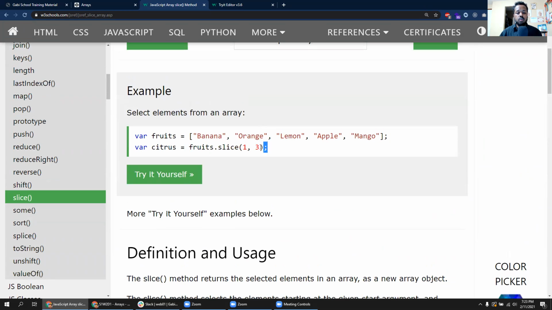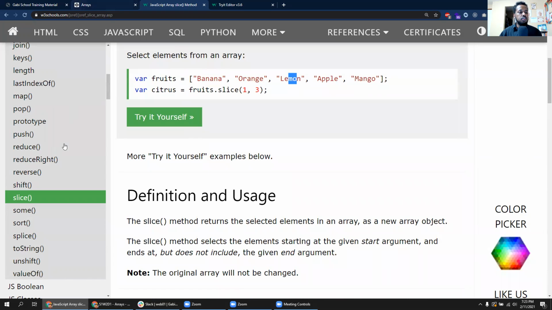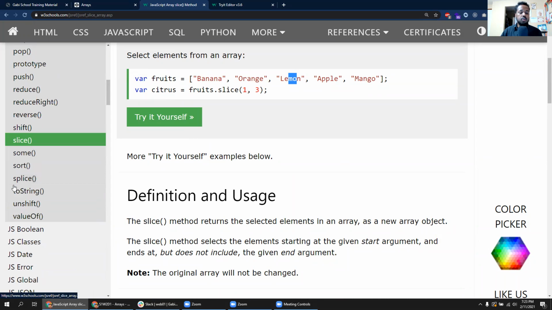So it doesn't include, like, the integer 0, 1, 2, 3. It doesn't remove apple. So it removes from 1, which is this one, to this. So these are all the methods that you can use, and read about them, and you will learn a lot